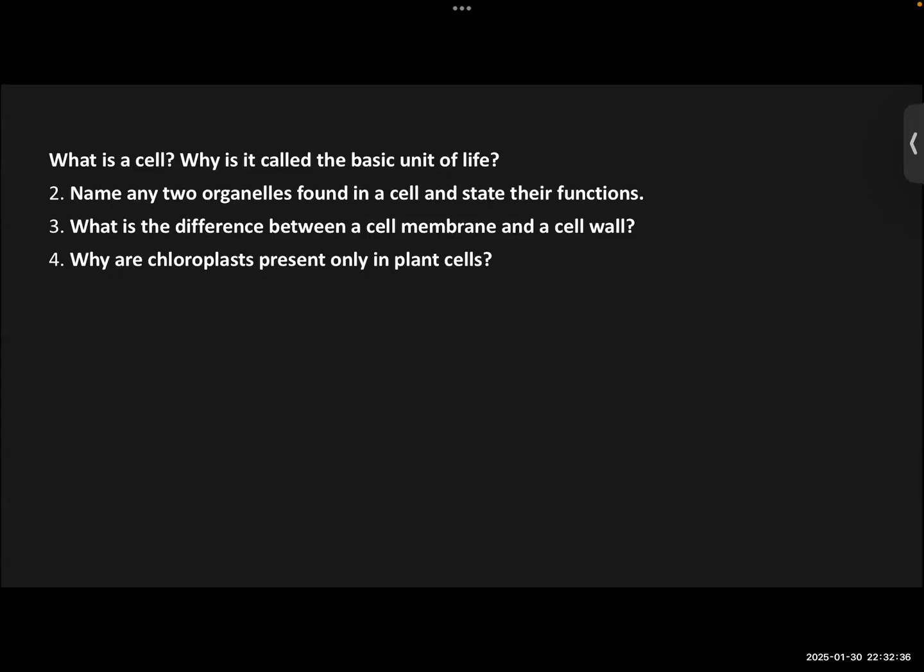Continue, the third question was given to you. A cell membrane is present in all cells and acts as a protective shield and allows selective things, mainly proteins, to pass through it. And a cell wall is present in cells such as plant cells, fungi, and bacteria, and it gives structure and protection. Okay. It doesn't let anything through. No, it also allows